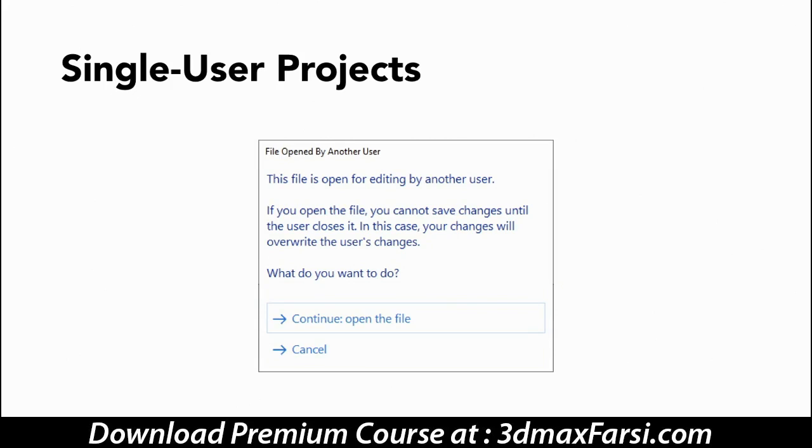So in Revit LT, you typically need to make sure that your projects are small enough that you can have individual team members where only one person needs to be in a file at a given time. If you need to have multiple user access to the same file, then you really need to be on the full version of Revit. So that would then use what we call work sharing, and that would involve something called